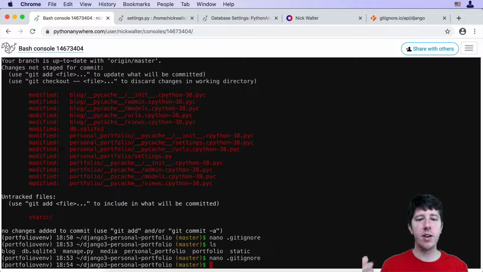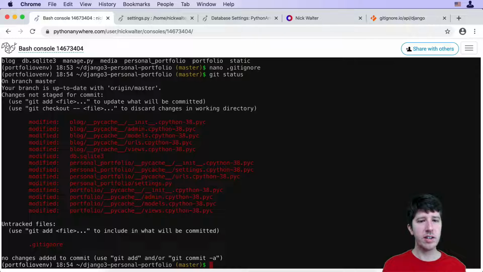Okay. So now that I've done that, if I go ahead and do a git status, you'll notice that not everything is showing up. For example, that static folder is gone. You'll notice we still have some issues here, that the .pyc is still there and whatnot. And so the reason for this is that